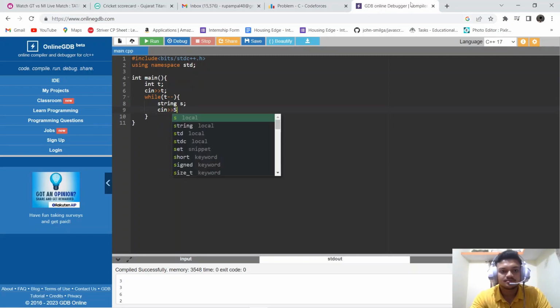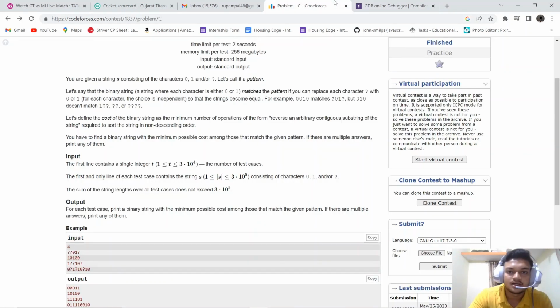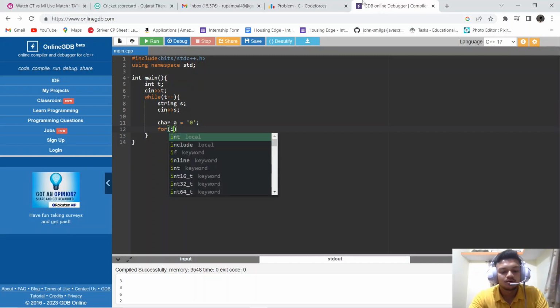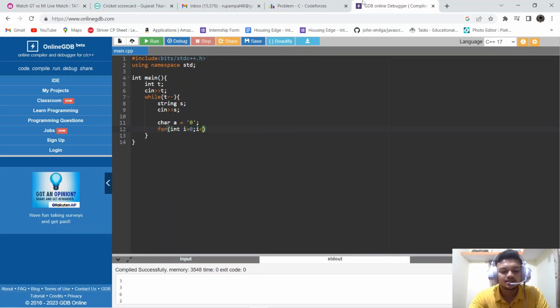And then we can replace each question mark with either 0 or 1. So first of all, we will initialize a single character a with 0. And we will run a for loop from int i equals 0, i less than s.size(), i plus plus. If s of i is equal to 0 or s of i is equal to 1,